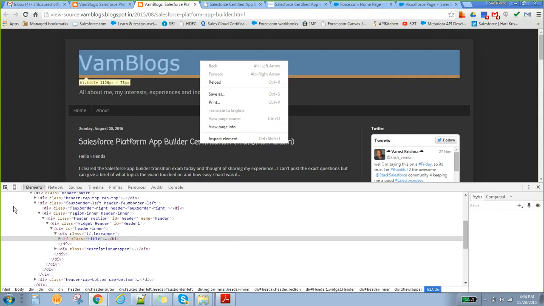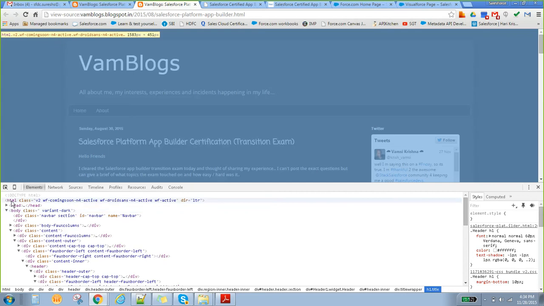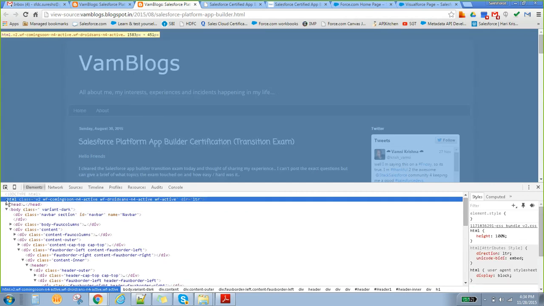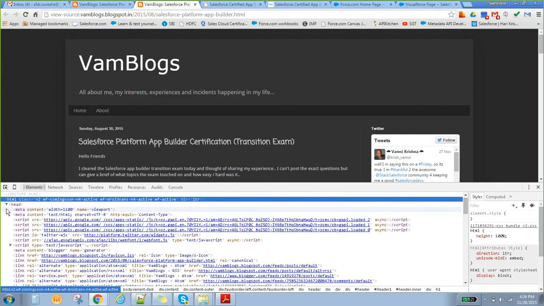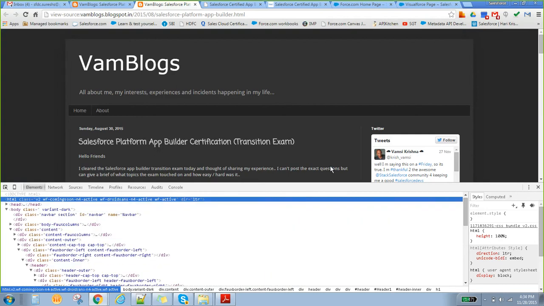The open tag of the application is HTML, and the closing of that is also HTML. In case of a web page, it is very similar to HTML only, but the tags are a little bit different.